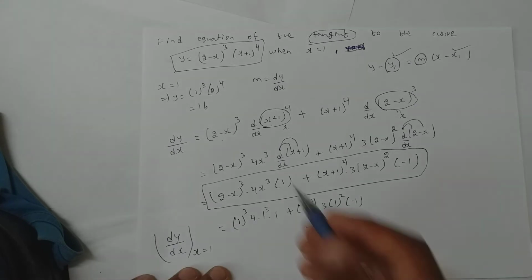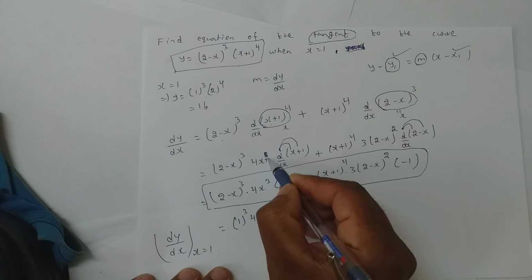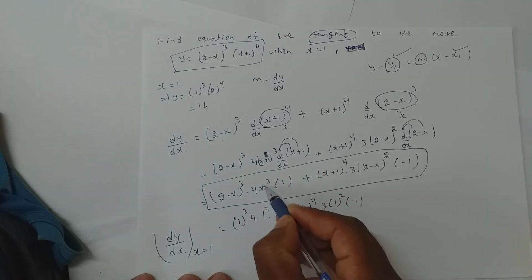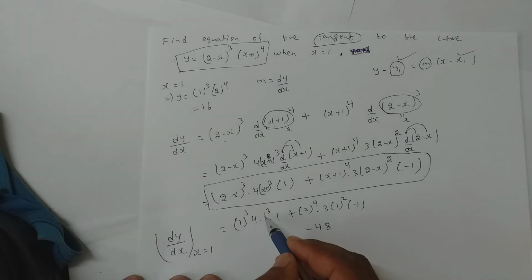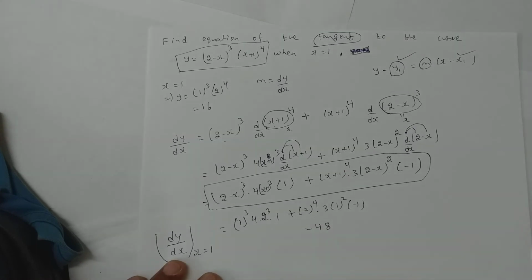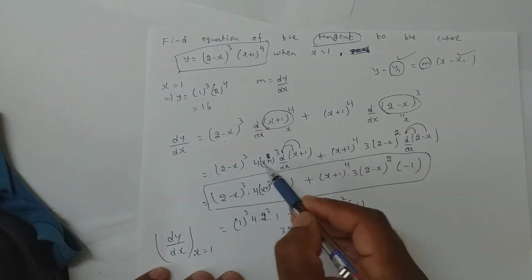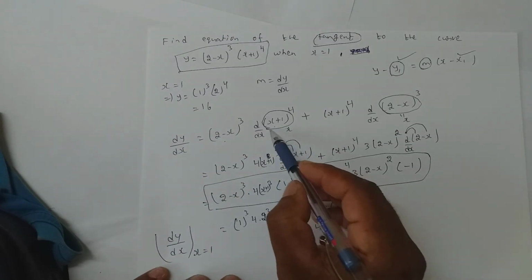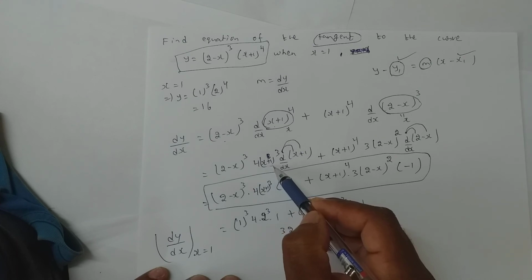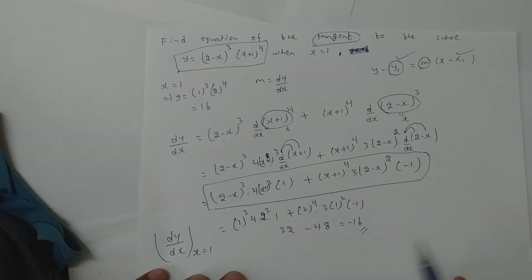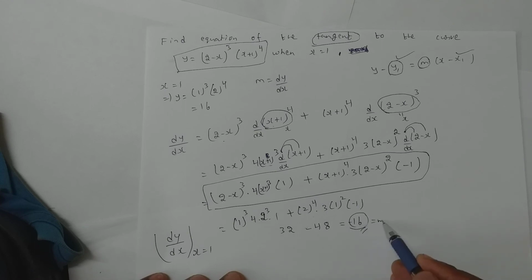Yeah, what went wrong is in place of x it was x plus 1. Yeah, in place of x, x plus 1 it is. So when I put x equal to 1, I get 2 here. 8 and 4 is 32. So I get minus 16. Clear? For x power 4, it is 4x cube. I assumed it to be x, so I should have kept here also, in place of x, x plus 1, not just x. So I got m now.